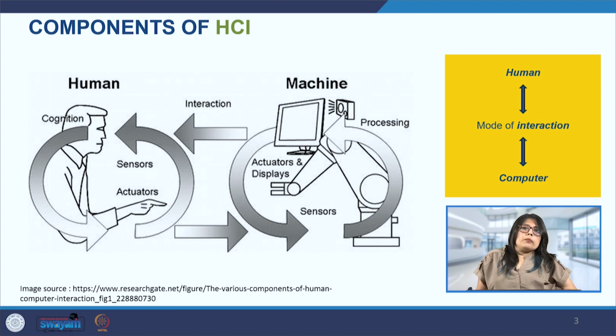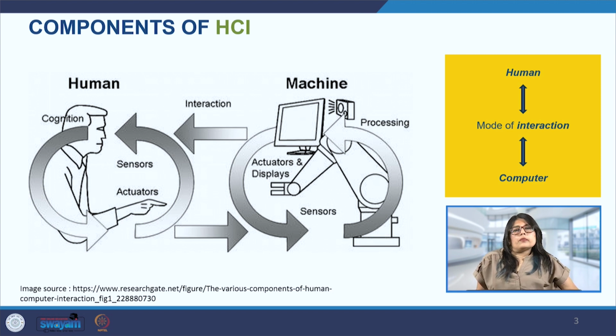This is imperative for the design process because it leads to the effectiveness of the devices that will finally be developed. Now the second is the computer or the technology. The computer involves hardware and software, and this is what the user interacts with. From physical devices like laptops and smartphones to software, this whole range is covered.